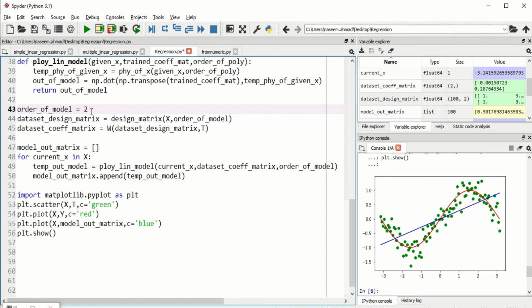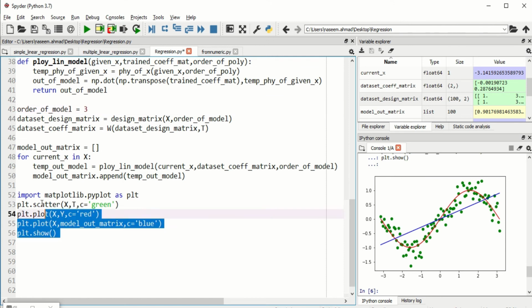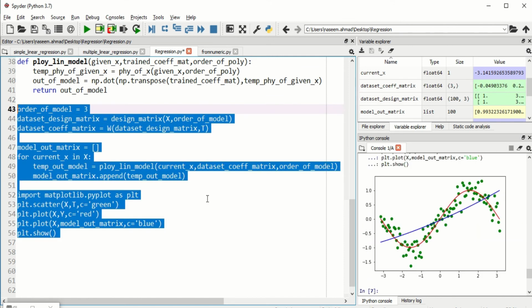If I increase it to 3, let's see how this model is performing. Press F9. The line is not perfectly linear, it is somewhat non-linear, but it is still not of our use. The model is not fitting perfectly, it is not generalizing.